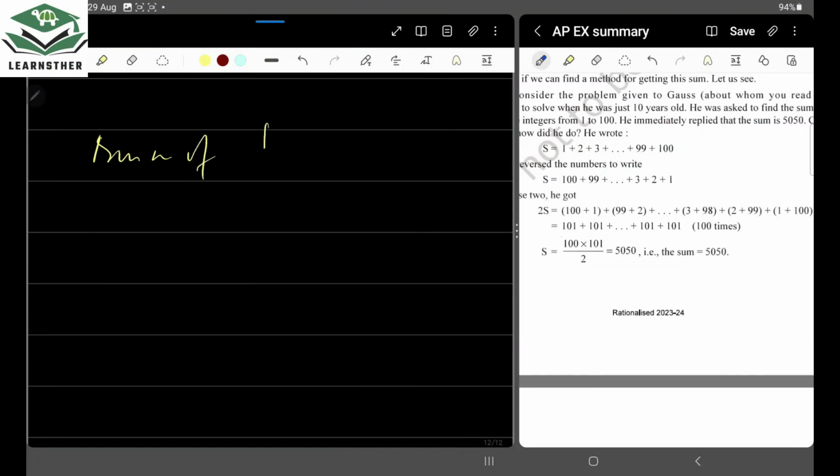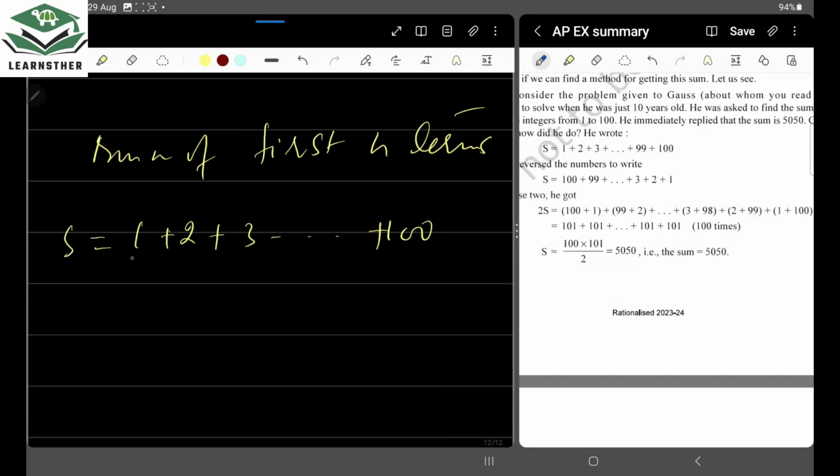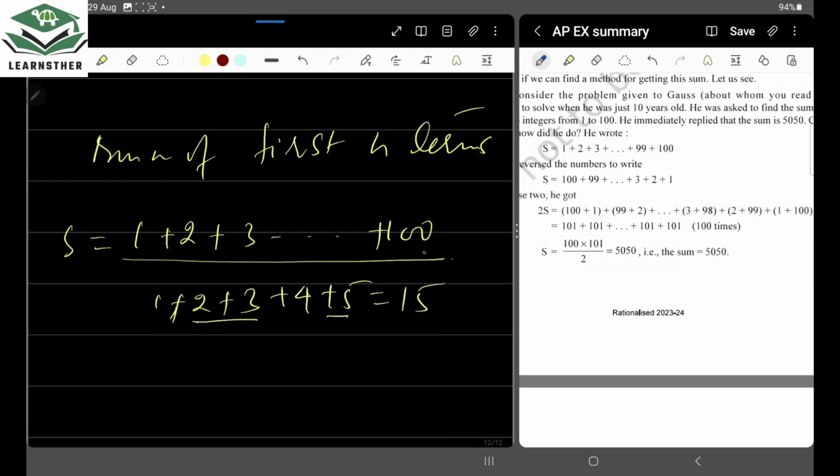Let's discuss the sum of the first n terms. Suppose you are asked to find the sum of 1, 2, 3 up to 100. How can you do this? First, you have to find the sum of this. Suppose you were asked to find the sum of 1 up to 5: 1 plus 2 plus 3 plus 4 plus 5. You have to find it like